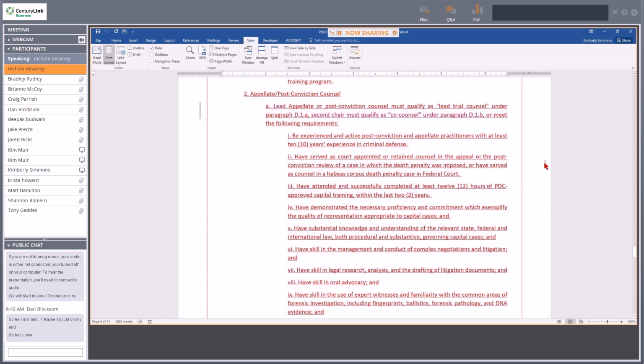The next section of the standard talks about the qualifications for appellate and post-conviction counsel. Here, lead appellate or post-conviction counsel must qualify just as lead trial counsel. Second chair must qualify just as co-counsel for trial, as we've described, or they can meet the following requirements. They must have at least 10 years experience in active post-conviction and appellate cases in criminal defense, must serve as court-appointed or retained counsel in the appeal or post-conviction review of a case in which the death penalty was imposed, or have served as counsel in a habeas corpus death penalty case in federal court,